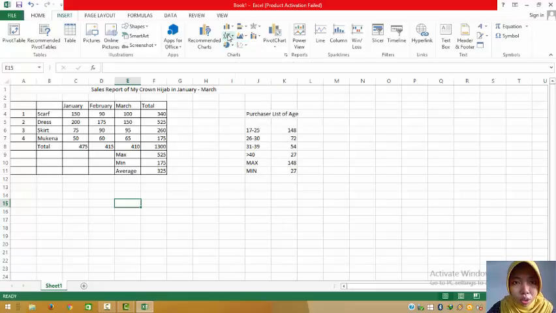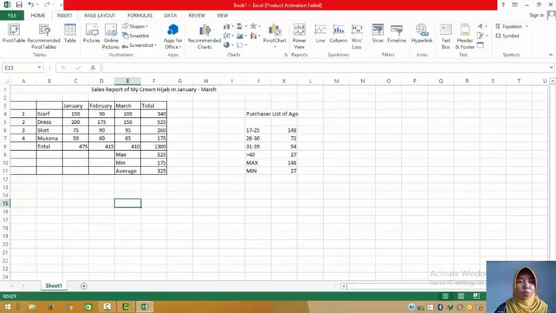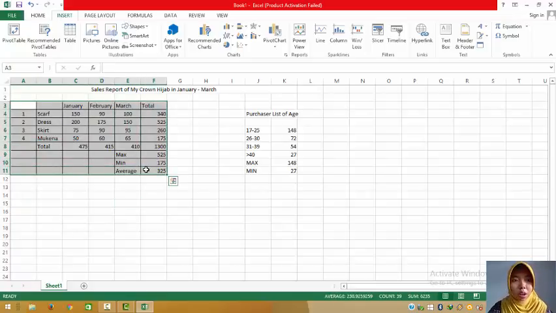You can use a line chart or pie chart or column chart. So if you want to create a diagram, you can first drag the data that you want to be put on a diagram